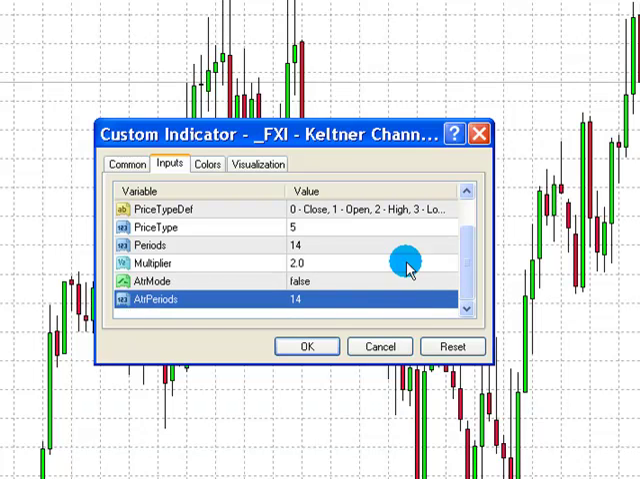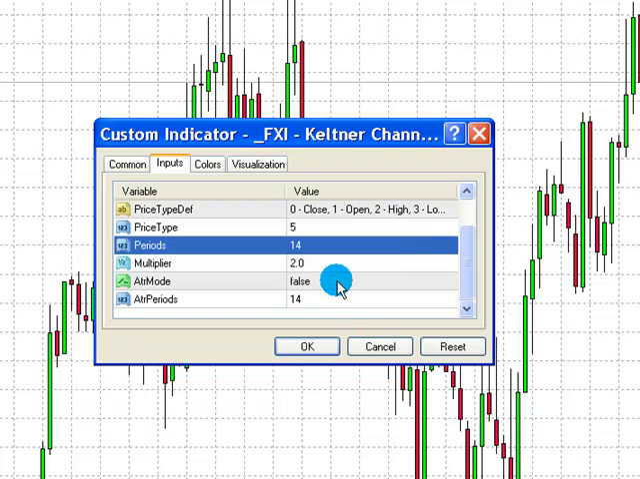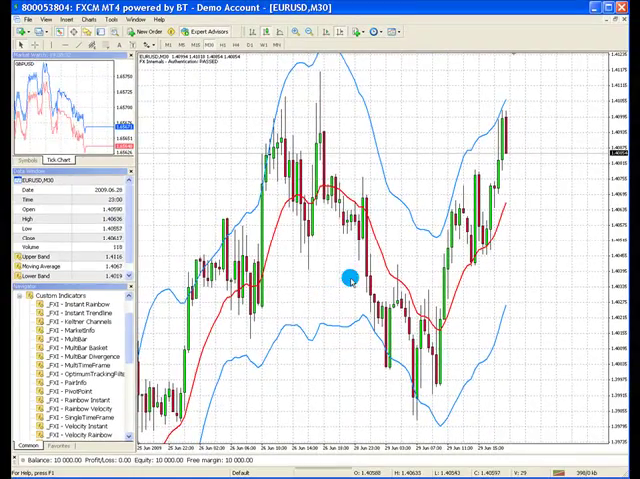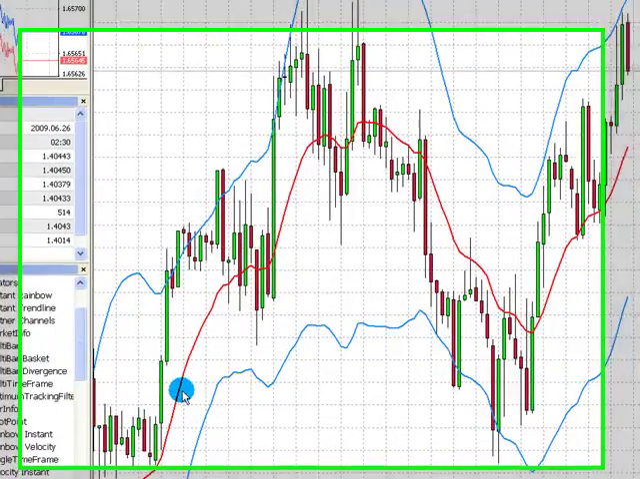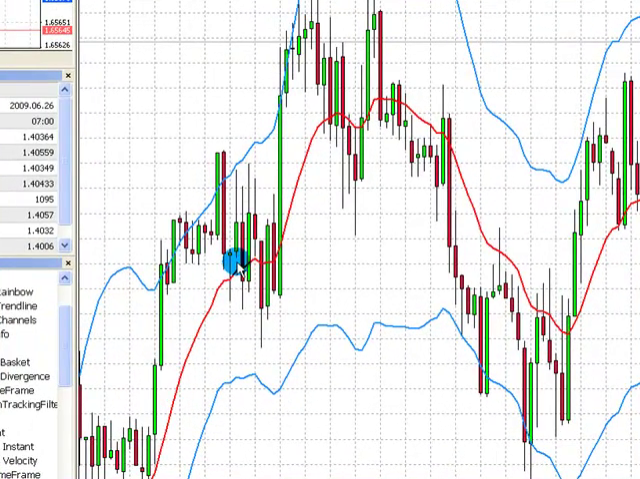They should, in general, match the number of periods here. We'll just use average true range to false and take a look at what the Keltner channels look like. So we hit OK. Now the lines come up,